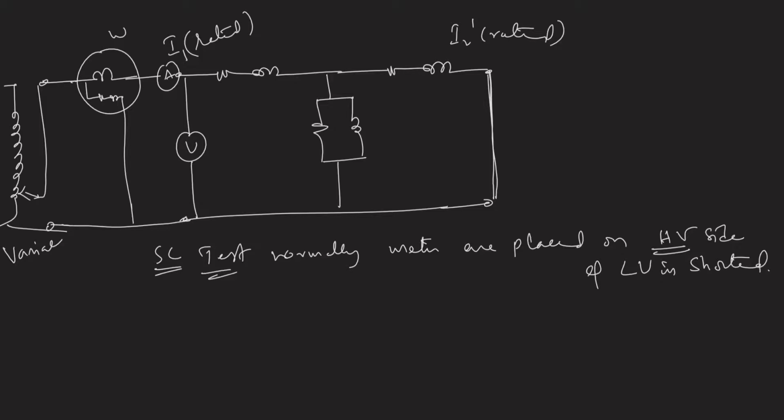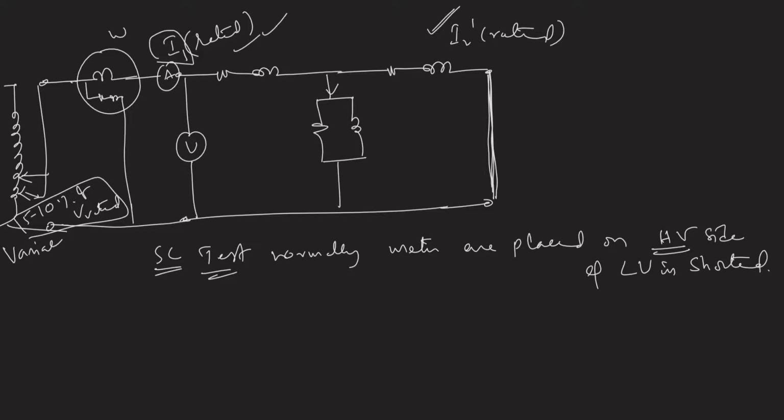Now under short circuit condition, these rated currents will flow for a small percentage of voltage, that is approximately 5 to 10% of V rated. As I said, under short circuit condition, the secondary side ampere turns will be compensated equivalently from the primary side with equivalent primary ampere turns, right? Now because we are getting the rated current for 5 to 10% of rated voltage,